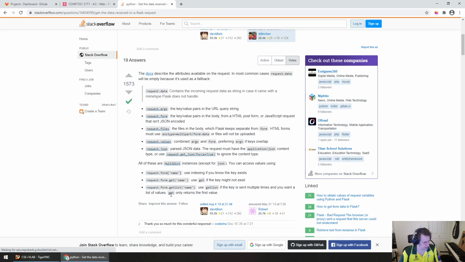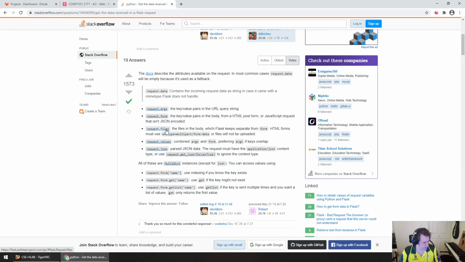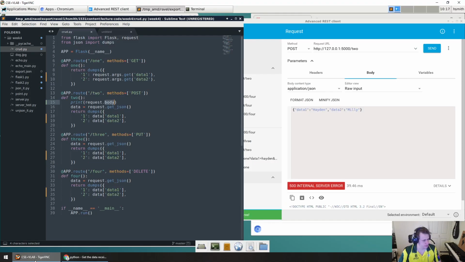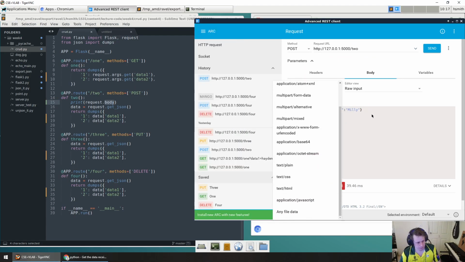Flask.data, flask.args, request.args. Okay, it's an even better abstraction than I thought, right? So what we can do here is we can actually say request.form. Okay. That's far less fun than I thought. So basically,